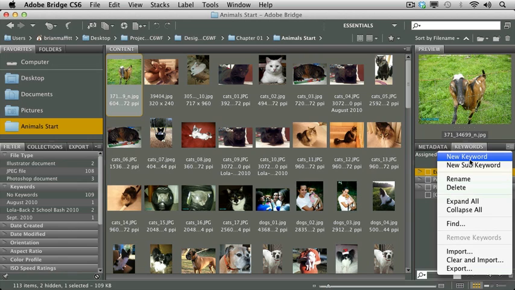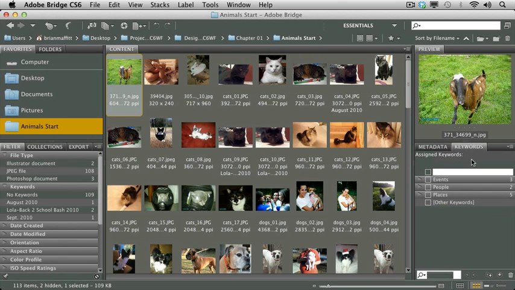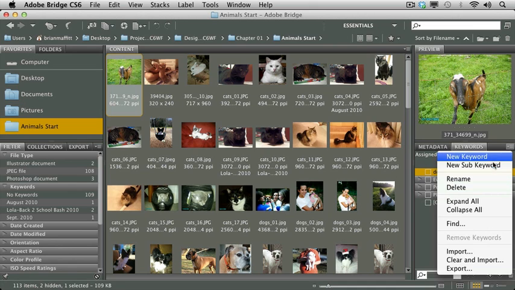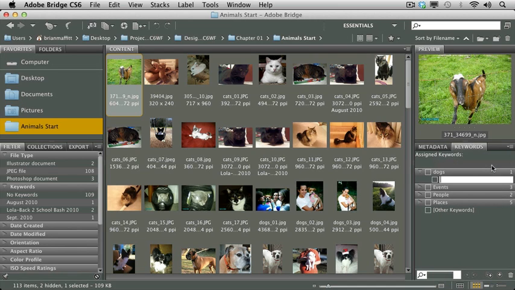Let's start by creating a keyword. Kind of think of this as the main category. So our new keyword might be dogs. So we'll type dogs and press enter. And again, we might think that, well, we have large dogs and we have small dogs, so why don't we create two sub-keywords inside of here so we can better place the proper keyword on our images. So from the panel menu again, let's just choose new sub-keyword. This time we can type small dogs